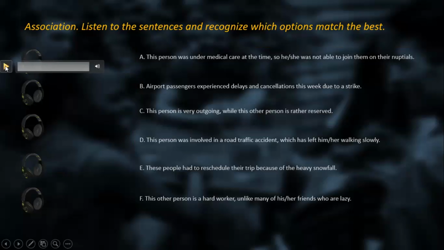If we listen to this person, Ollie is very sociable, whereas Lucy is pretty shy. What could be the best option that paraphrases this first audio? C. Yes. Whereas Lucy's very shy.